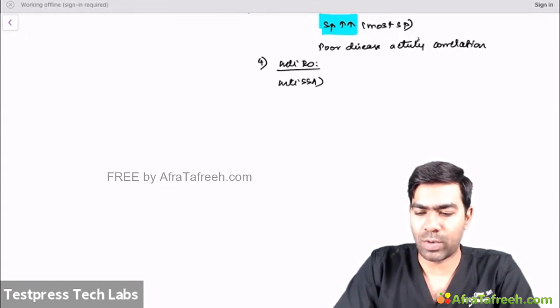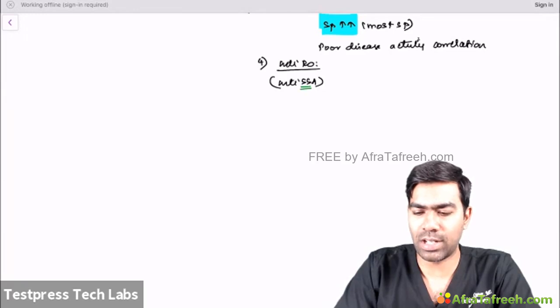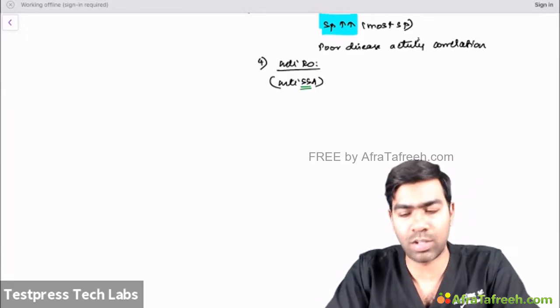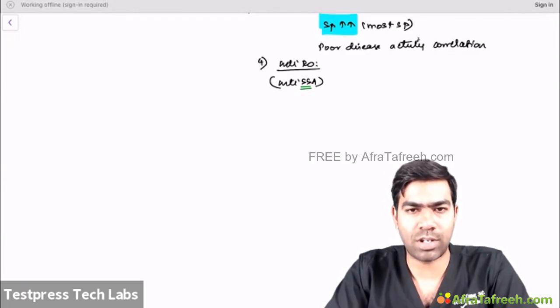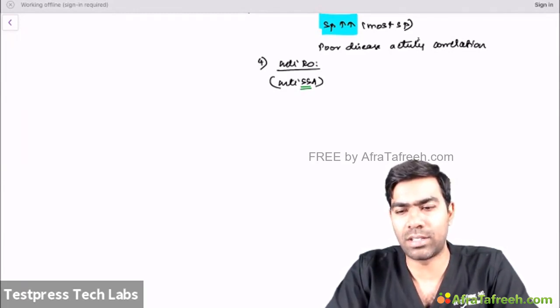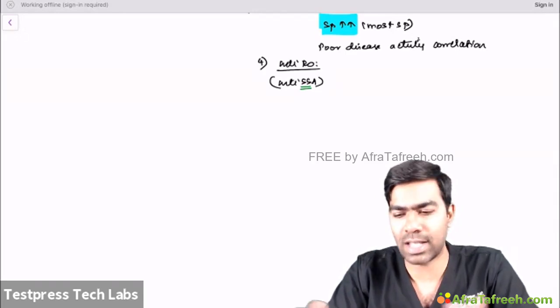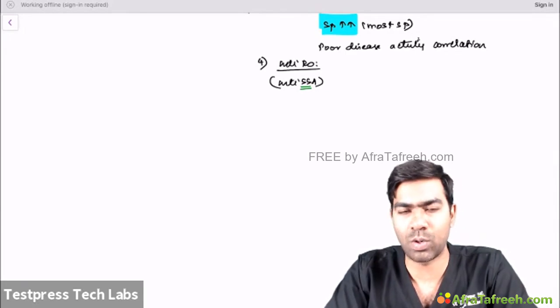Anti-SSA. Why is it called SSA? Because it was originally found in Sjogren syndrome patients. SS means Sjogren syndrome, you know that. So it's originally a Sjogren syndrome antibody. And again, this does not correlate with any disease activity. It cannot tell you whether the disease is active or inactive, but it correlates with certain